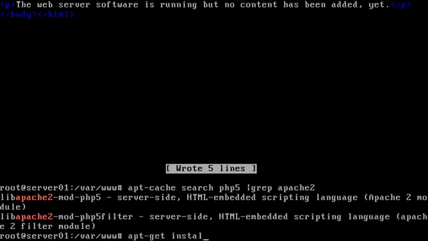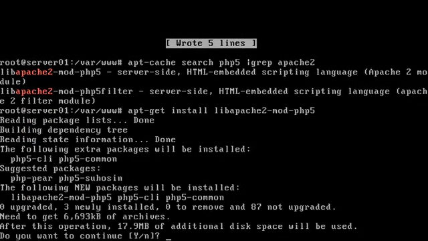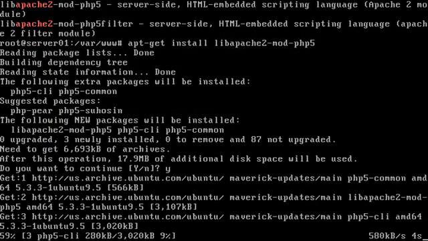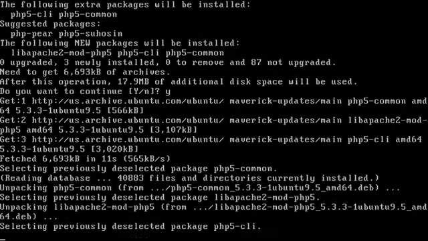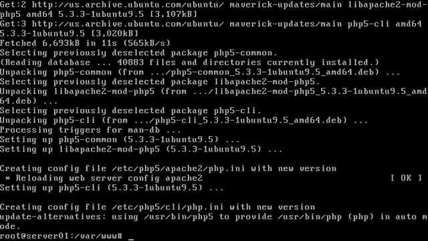In this case, we want to install the libapache2-mod-php5 module, which will enable PHP 5 inside of Apache without having to deal with getting a CGI version of Apache up that causes PHP to run all the time. As part of the package installation, apt-get is going to go ahead and enable the Apache 2 configuration for